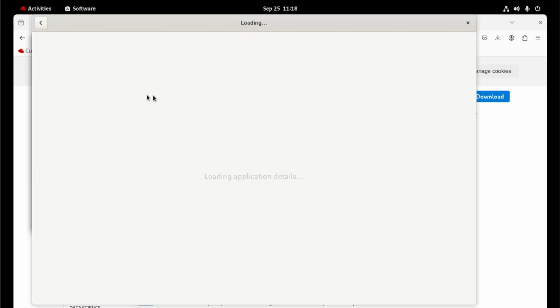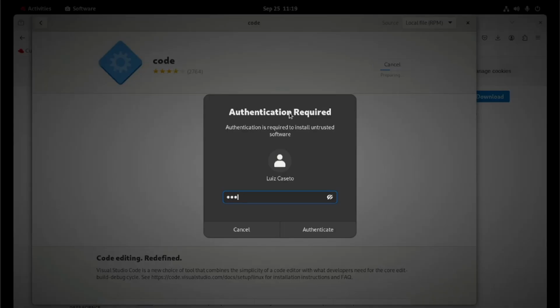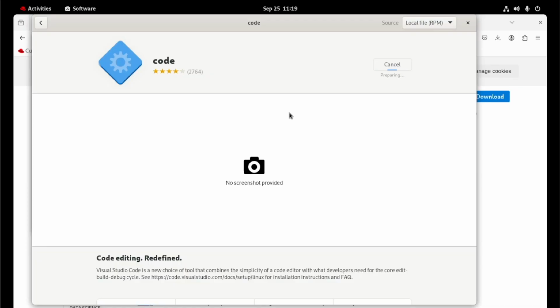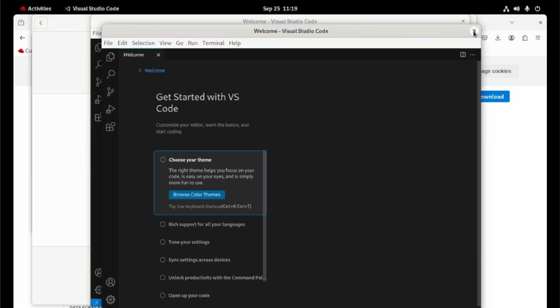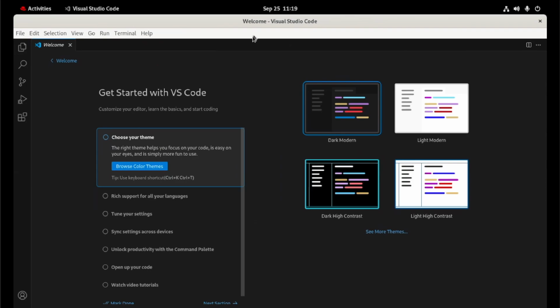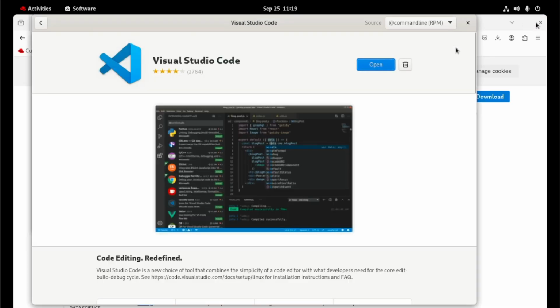Okay, click install and put your password. Visual Studio Code was installed properly.